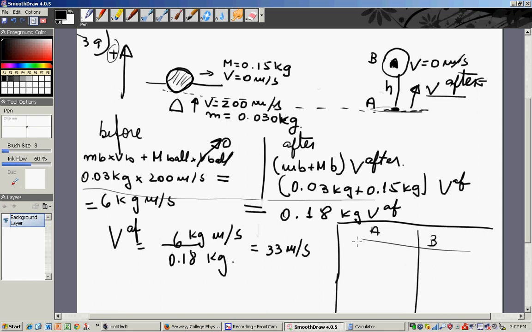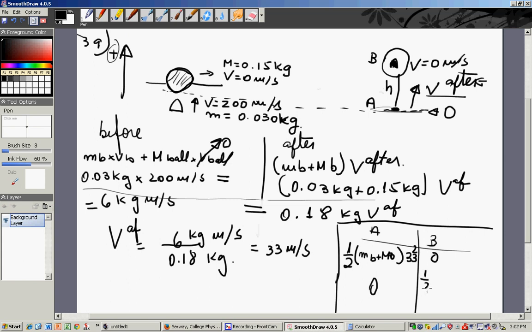Do I have kinetic energy? Yes, I do, given by half the mass of the bullet plus the mass of the ball times its velocity squared, 33 squared. Do I have gravitational potential energy? No, I'm calling that my ground level. So at point B, do I have kinetic energy? No, but I have gravitational potential energy